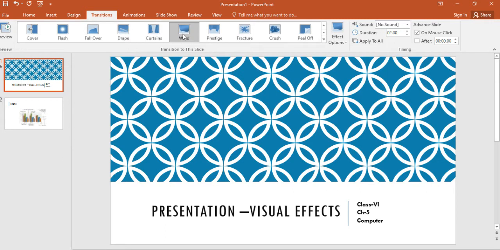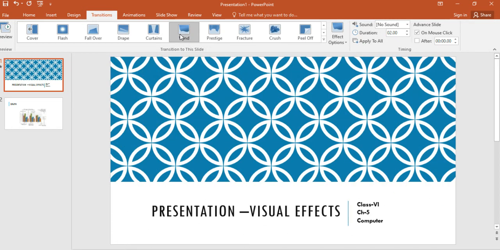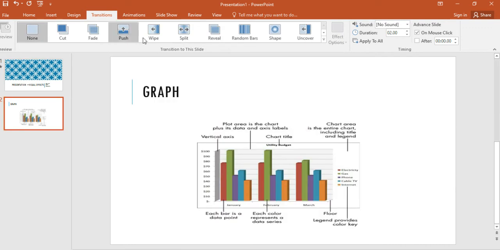So from here, from the transition tab, you can select any effect for your slide. Now this is for one slide. Now if you want it for another slide, then go to the other slide. So in this way, you can apply the transition effect on your slides.